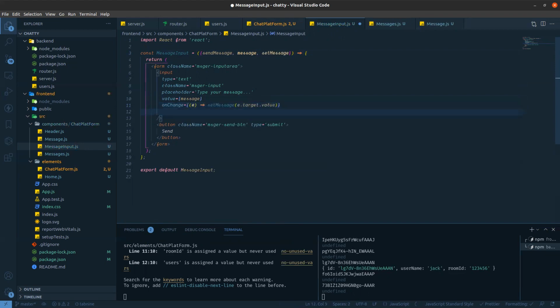Another thing is on key press event, so when that key is entered, we send the message.